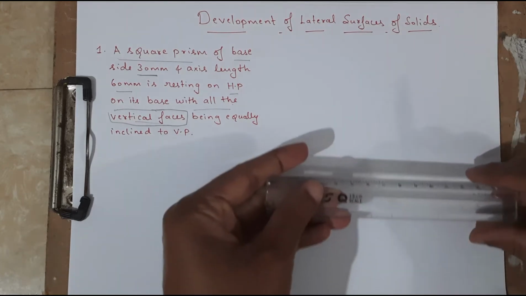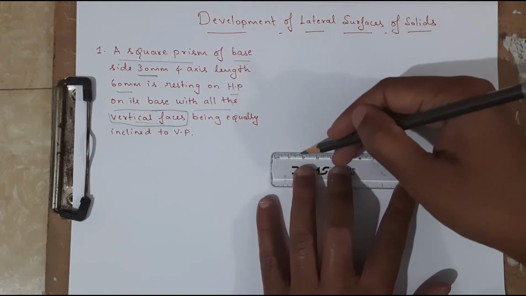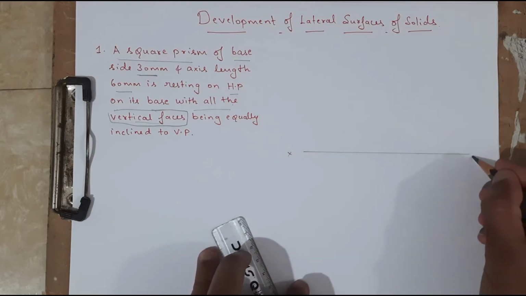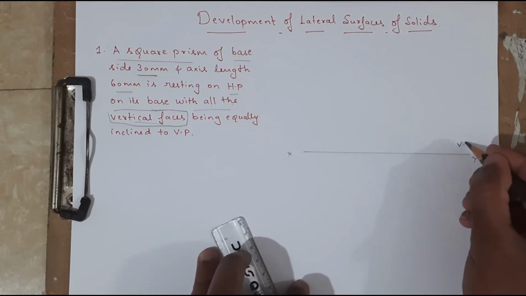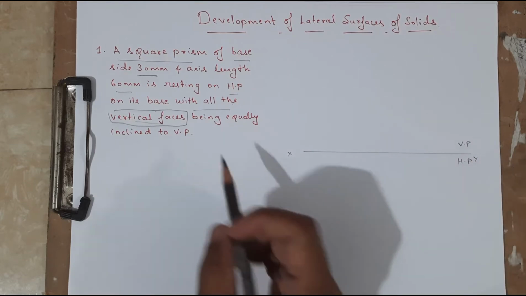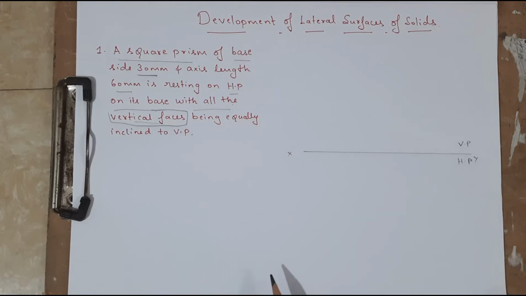So first we are going to start with drawing the XY line. Okay, so this is the XY line. Above the XY line it is VP and below it is HP. So here they're telling that it is all the vertical faces, right? So in such cases, if